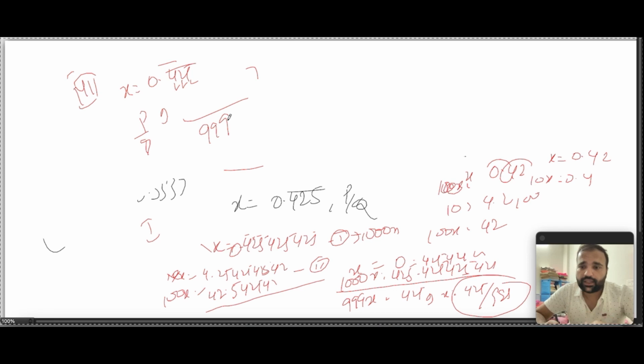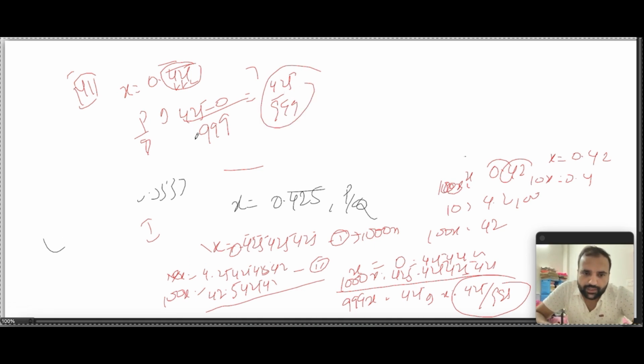And in case it doesn't, then we are going to put 0. Okay, I'll come on to that part as well. And then we have 0.425. How do we get the numerator? From all the numbers that are repeating, take that part that is non-repeating. So for 425, is there anything else that is non-repeating? Nothing. So it's simple,